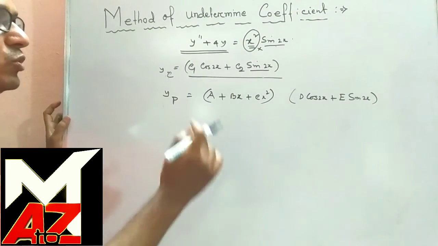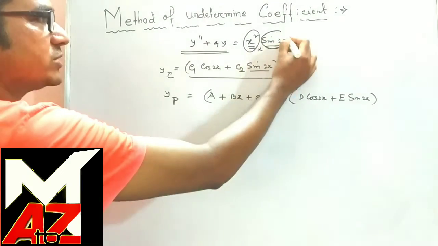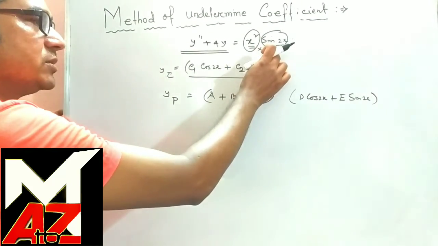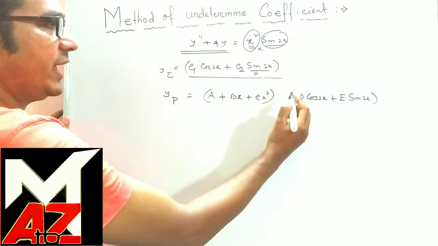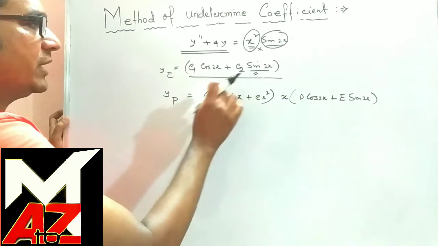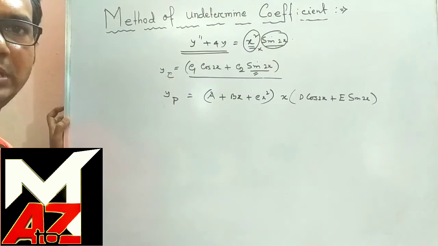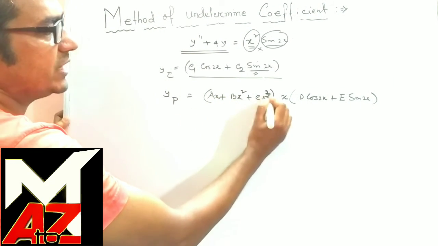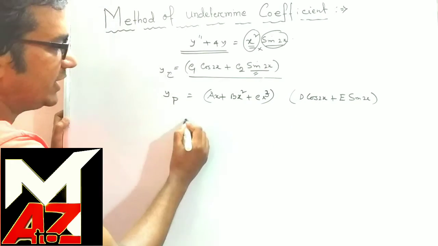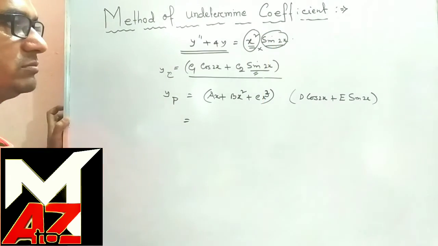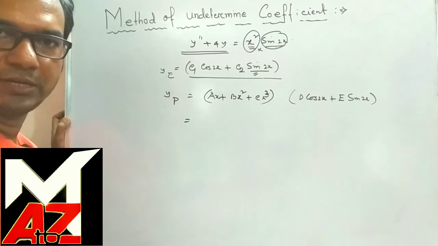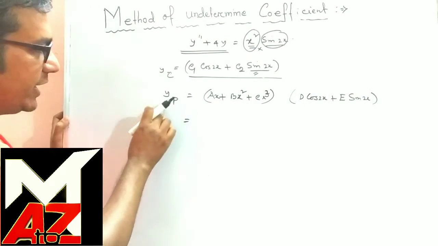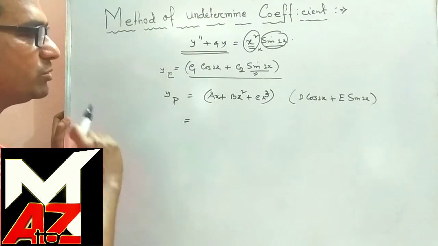Also we note that since sin 2x is contained in the complementary function, for sin 2x we take another x as a product in yp. If we multiply the two factors, we get the particular integral in the form: